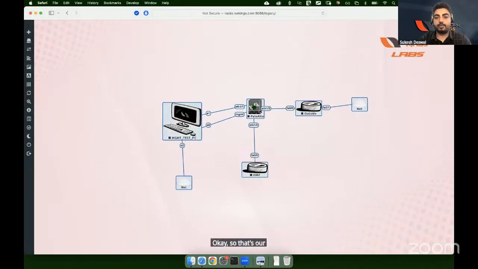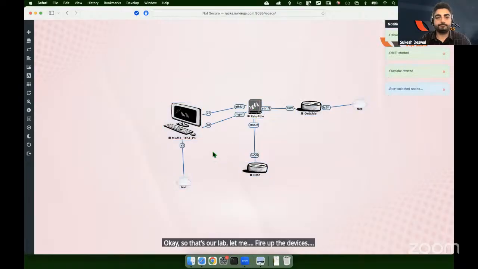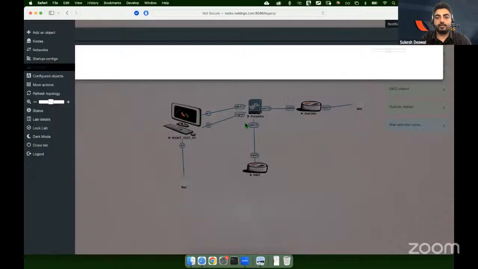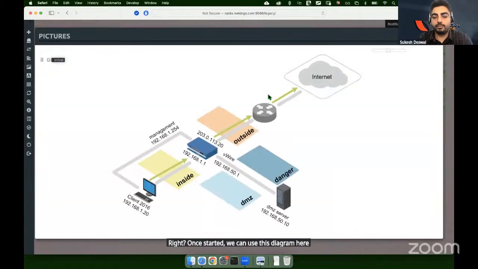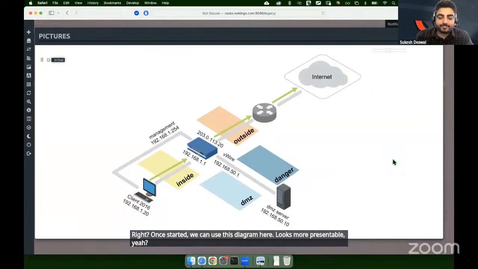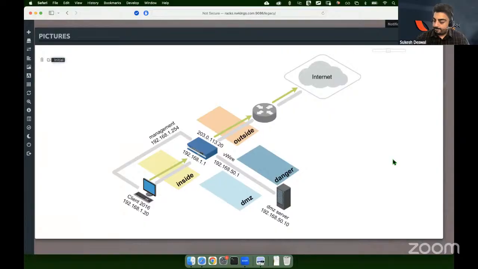Let me fire up the devices. Once started, we can use this diagram here. Looks more presentable, yeah. Let's give it some time for the devices to be ready, guys. In the meantime,